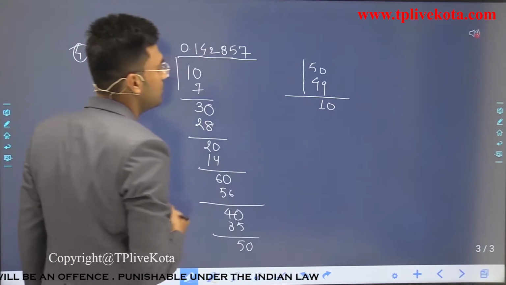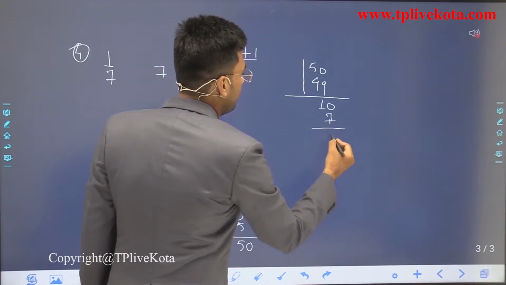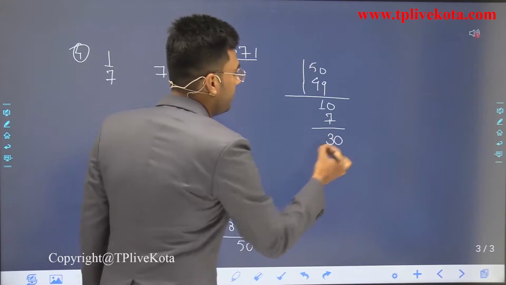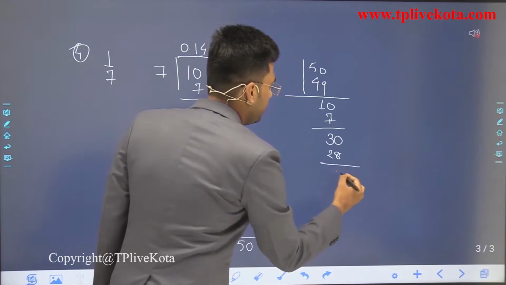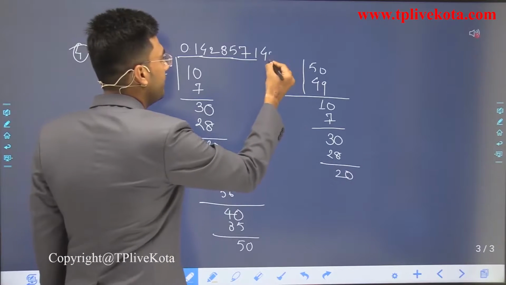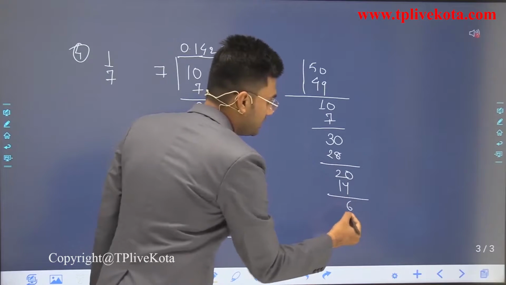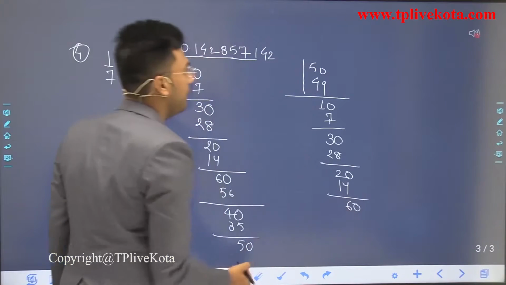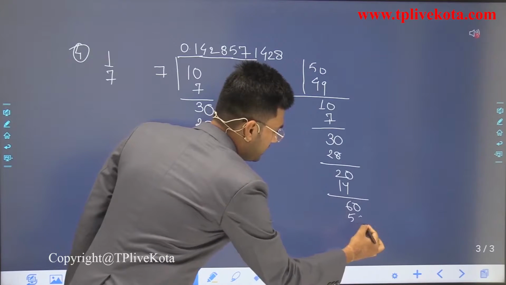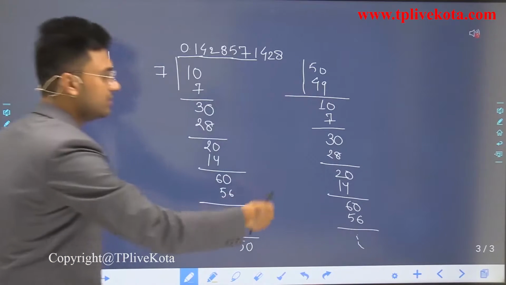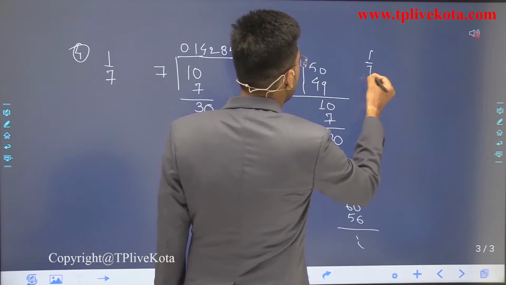Now it is 0, then again it divides 1 time and it is 7, then it is 3, it becomes 30, then 4 times 28, then remainder is 2, then it becomes 20, again it divides 2 times 14, then the remainder is 6, again it becomes 60 and it divides 8 times and it is 56, and so on. So this division goes on, and we see that 1 upon 7 is equal to